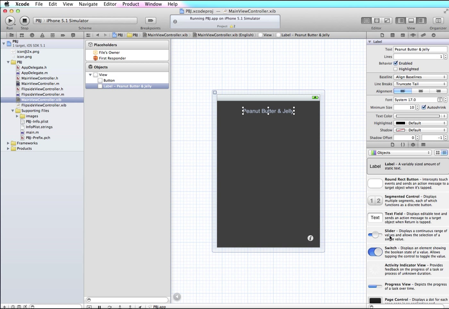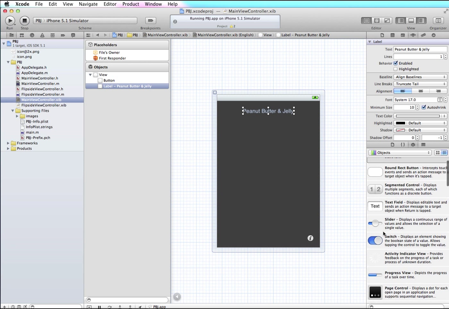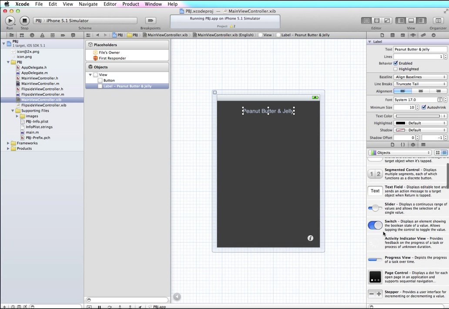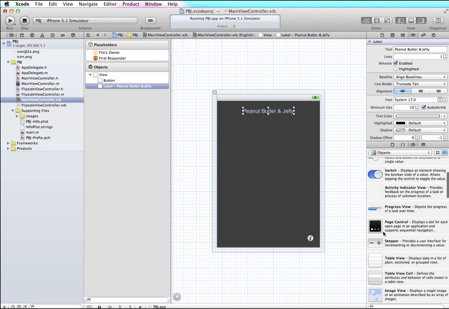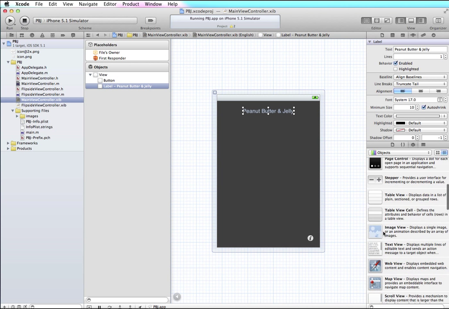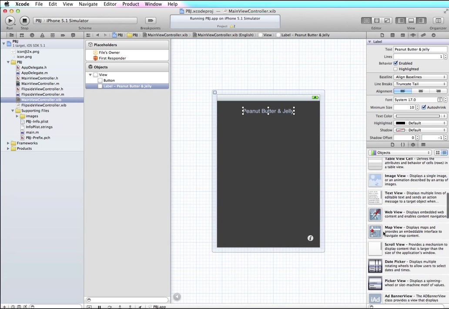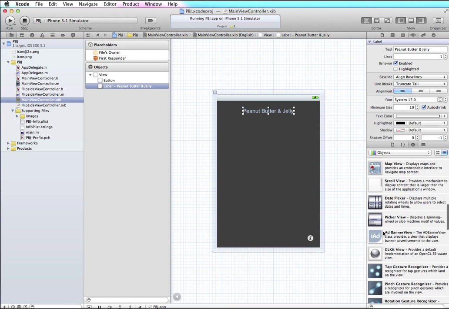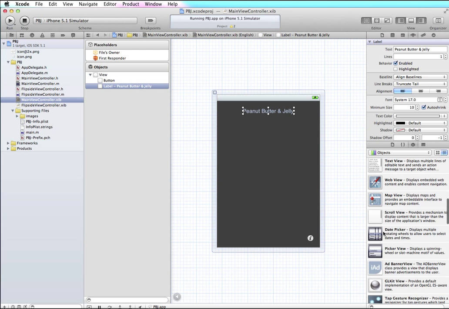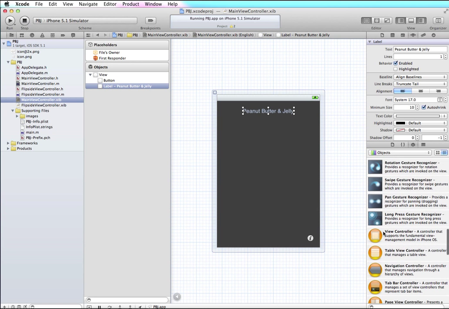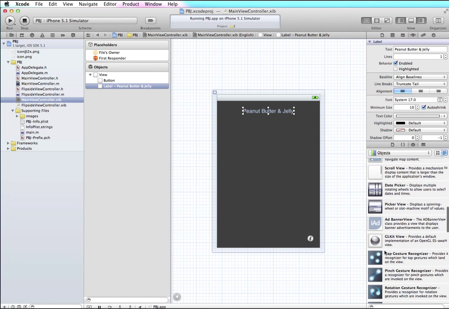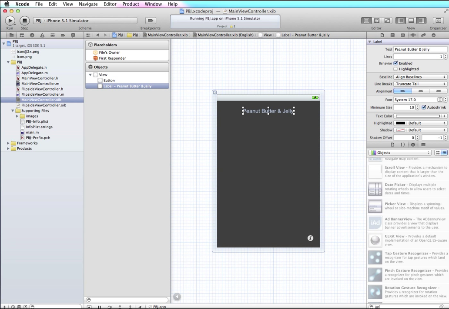Next, I'm going to add an image. So I want graphics or an image view. Now we can slide through here and you can see all the different types of interface elements that you can add. And if you know what something is called and you don't want to just scroll through this all over the place, in this little box down here you can type in what it's called or part of it, and